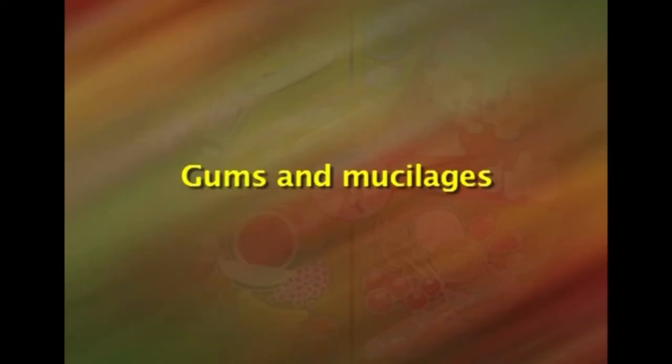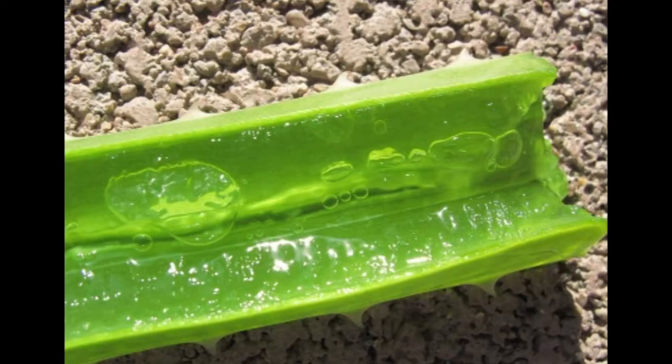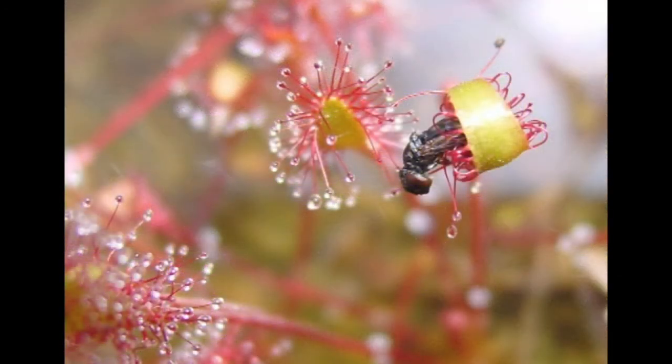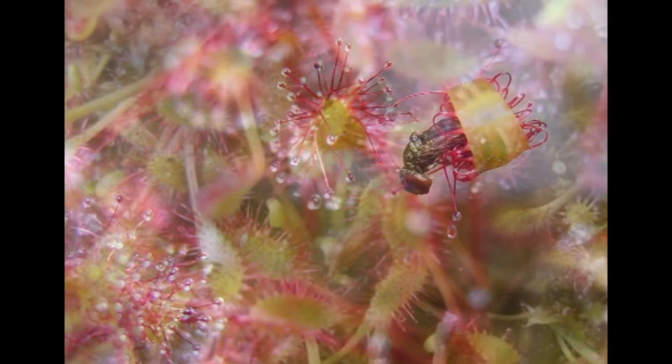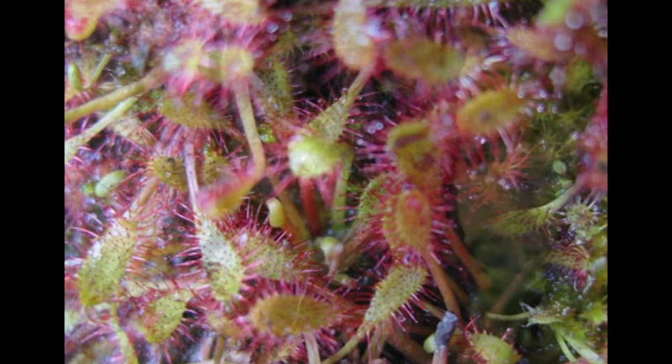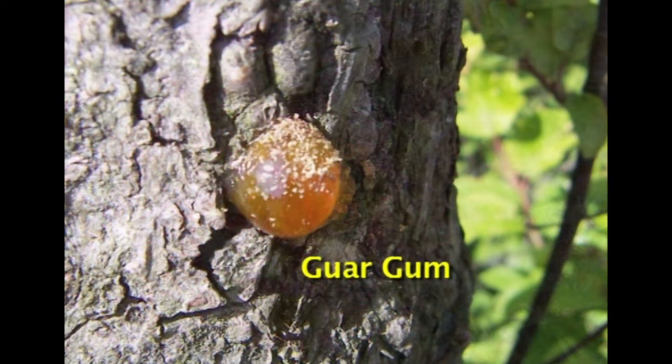The next component is gums and mucilages. These are the types of plant fibers that are not cell wall components but are formed in specialized secretory plant cells. These are reported to be highly branched polysaccharides that form gels, bind water and other organic material. Gums are sticky exudations formed in response to trauma. They mainly consist of guar gum and gum arabic.